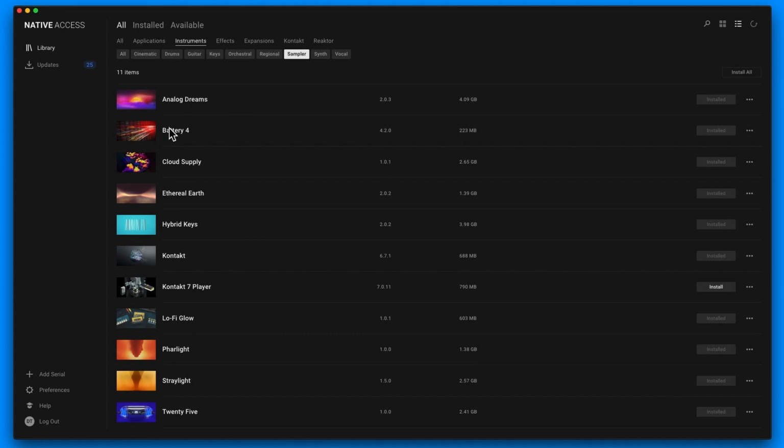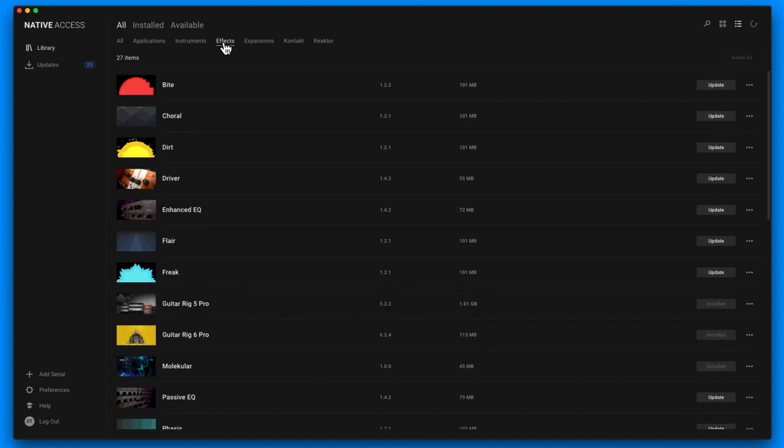So they're including things like Play Series and Sampler for some reason. I don't know why. There should be a separate one for Play Series, so you can filter all your Play Series, I would have thought. And then the next one is all your effects. So I've got 27 effects